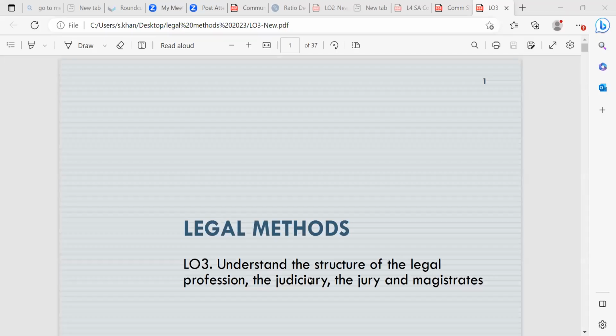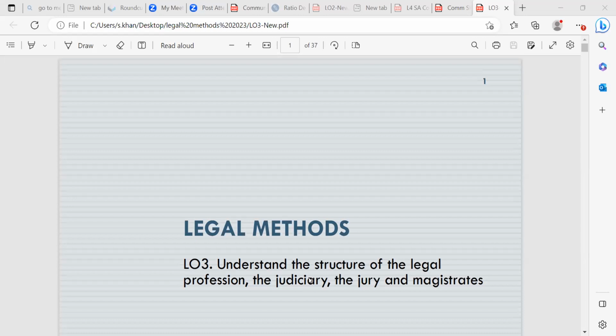Good afternoon. This session is on legal methods, and my name is Shazia Khan, and today we'll be looking at learning outcome 3. We looked a little bit at this last week, so I'm just going to give you a summary of what we did last week in learning outcome 2, which was to understand the principles of